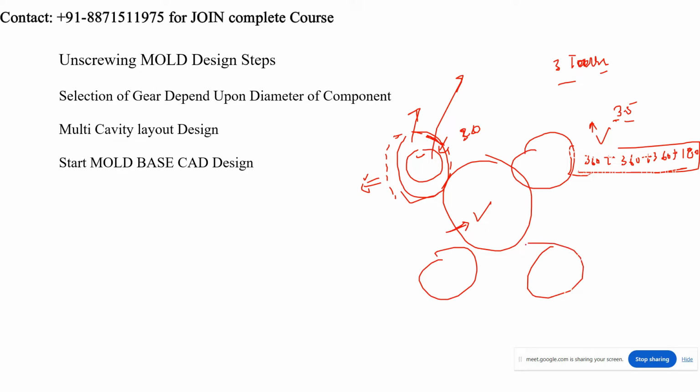Now for example, if I am taking 90 mm for this, and I am taking 30 mm for this. This is the sun gear, this is the planet gear. Now here you can see 30 mm. So if this center gear rotates 360 degrees, how much will the planet rotate? 3 turns, 3 times, right? So that's why our selection will depend upon this parameter.